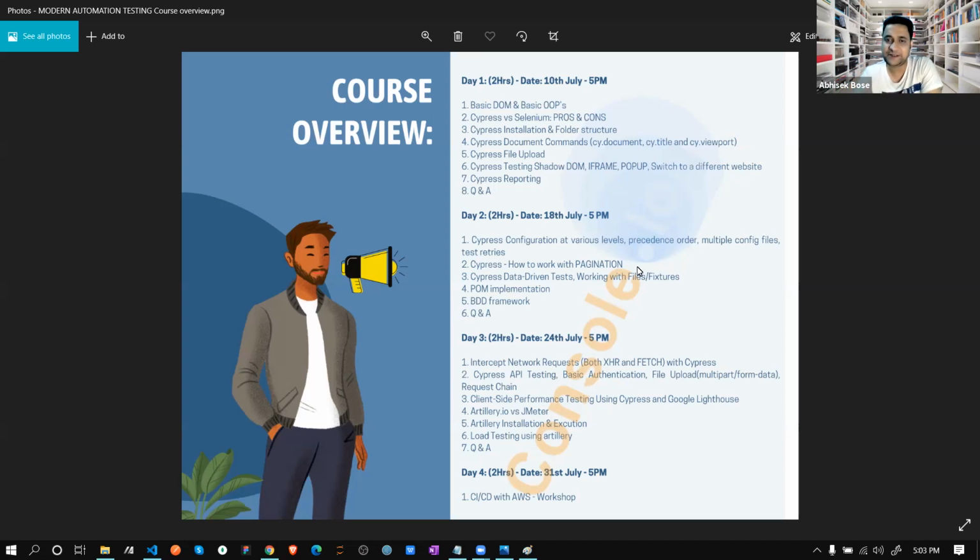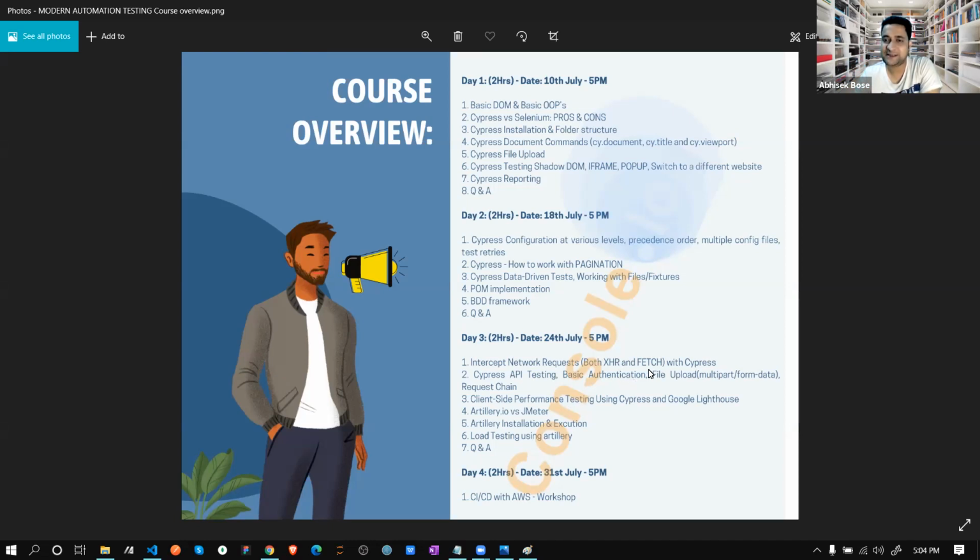Pagination: you guys already mentioned that the code is missing in that GitHub. Yes, today I will need to upload it. That file is somehow already deleted from my machine, so I will print it for you and upload it again. Data driven testing: the file and fixture from your Excel, CSV or JSON, how you are going to do that. Form implementation we already saw, how we completed the page object model, the class creation, then extending those classes in your set. The BDD framework we saw, how we can create those feature classes.